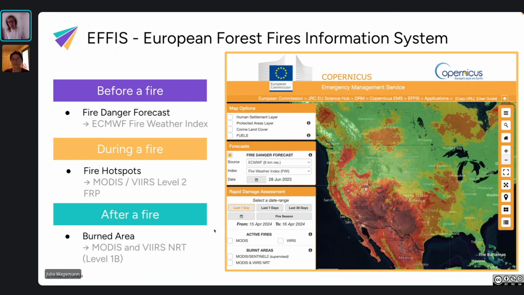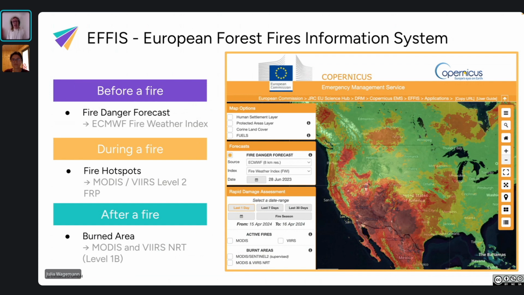However, EFIS, compared to the two other portals that we will introduce you to, has limited capabilities in giving you an option, for example, to download or to retrieve the data as a map and as an image.